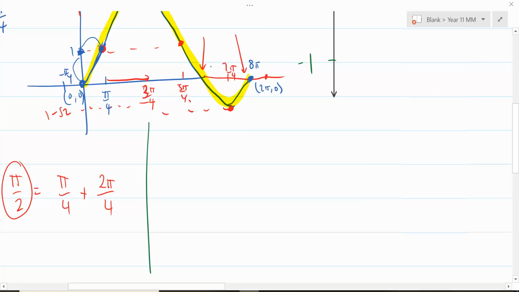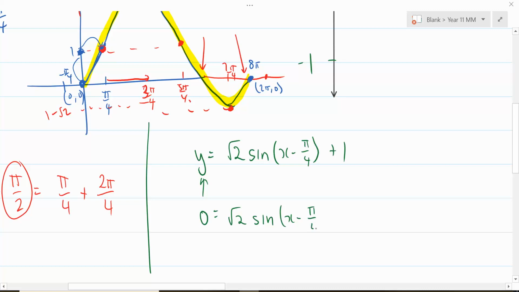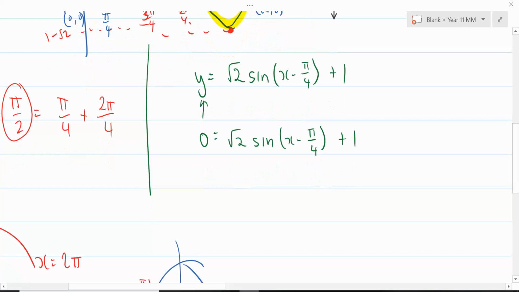Now I'm going to find the x-axis intercepts. You had y equals root 2 times sine of x minus pi on 4 plus 1. How do you find x-axis intercepts? What do you do? Let y equal 0. So now 0 equals root 2 sine of x minus pi on 4. Now, just like every other thing that you've done, when you want to solve for x, you have to remove all of the other values. You want to get x by itself. So doing BODMAS, I have to remove